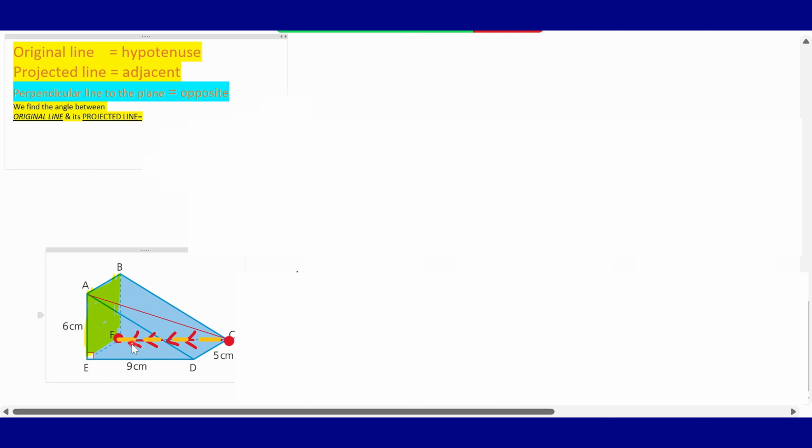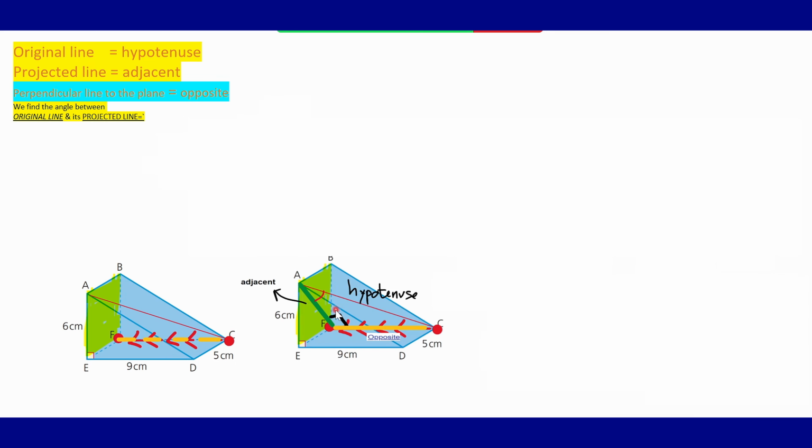So this is the yellow line, the perpendicular line. Then we will have C projected to F. Now the original line AC becomes AF. That is our projected line. So according to our tips, the original line is always the hypotenuse, the projected line is the adjacent, and the perpendicular line is the opposite, and the angle that we are finding between the line AC and the plane